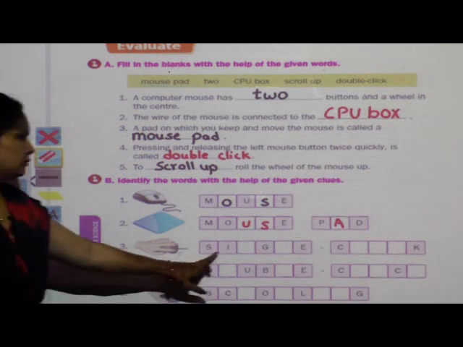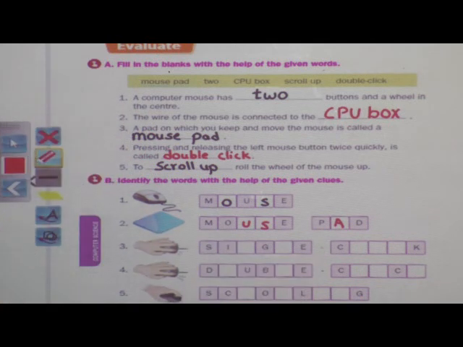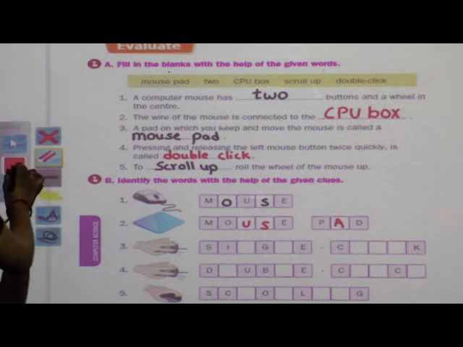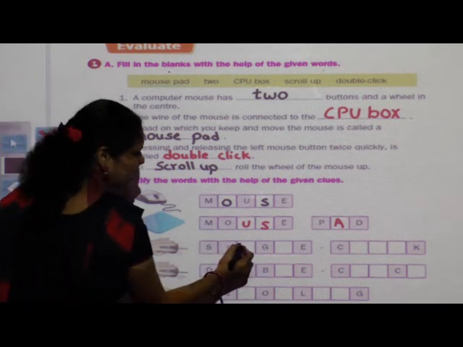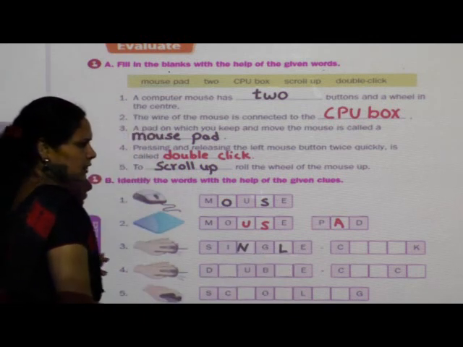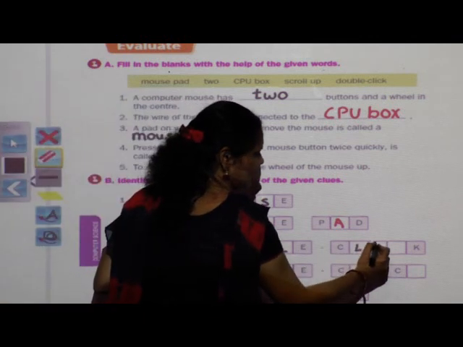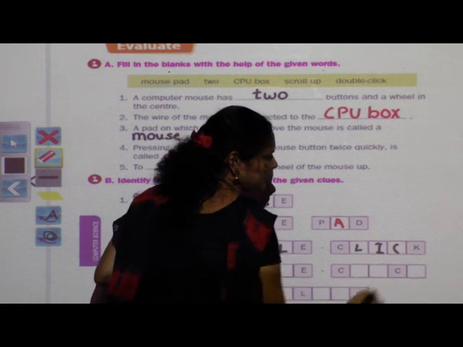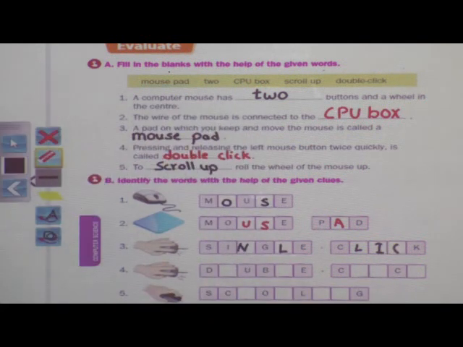Here what is it? Single click. What is the spelling of single? S-I-N-G-L-E, single click. C-L-I-C-K, click. Next,